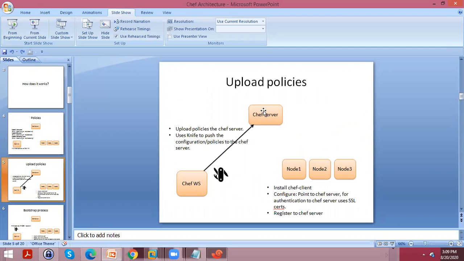Am I correct? Yes. You have created an account in Chef server, but Chef server doesn't know who my workstation is, because ultimately the policies which you will write in Chef workstation will be uploaded to Chef server. So Chef server should know what my workstation is. So to configure your workstation